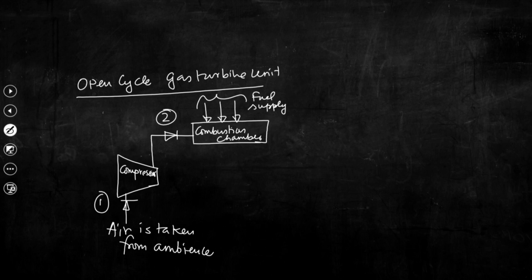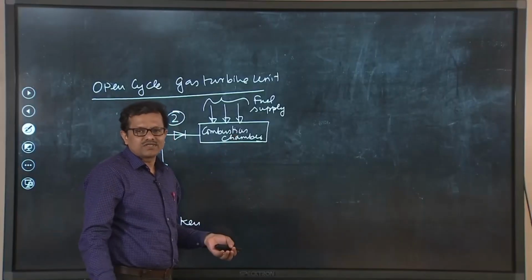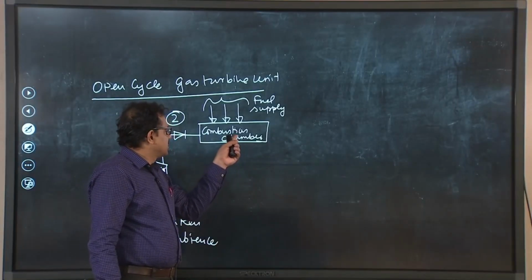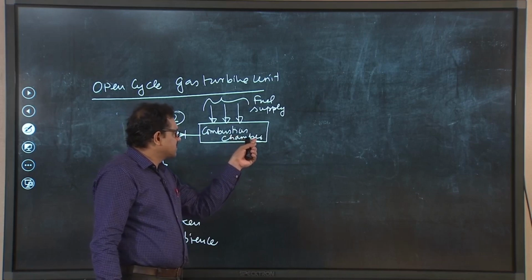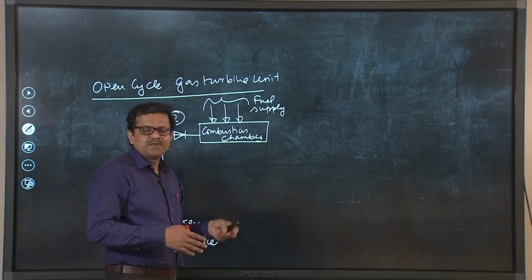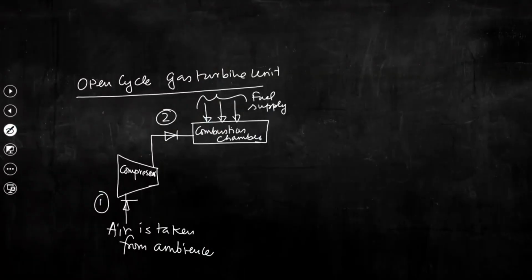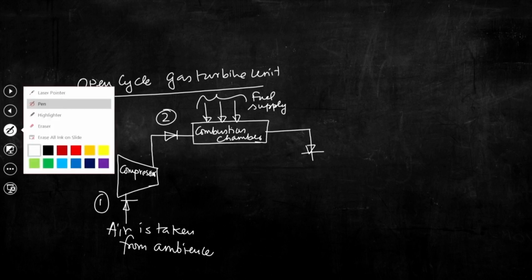It is because of this combustion reaction, to be precise, the pressure of this working fluid will increase further, temperature of the working fluid will increase further. So, essentially the working fluid that comes out from this combustion chamber is now taken